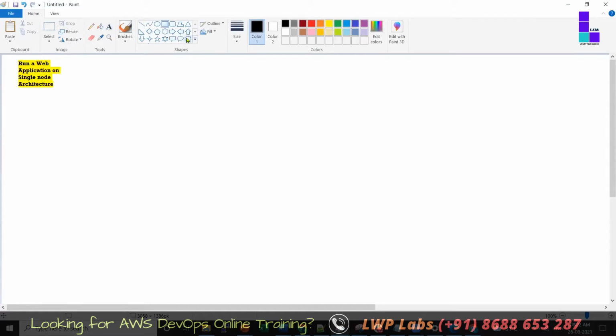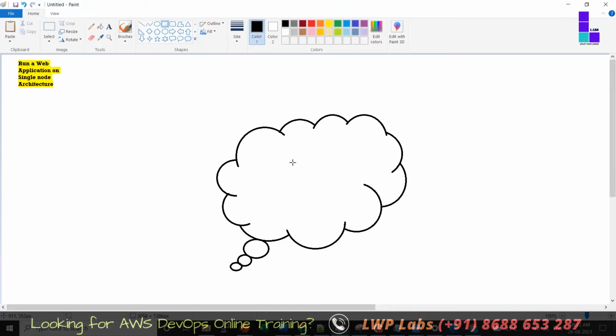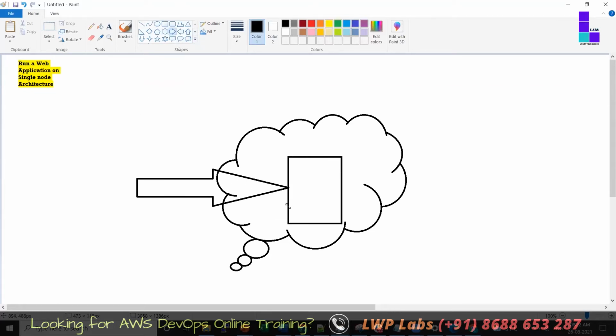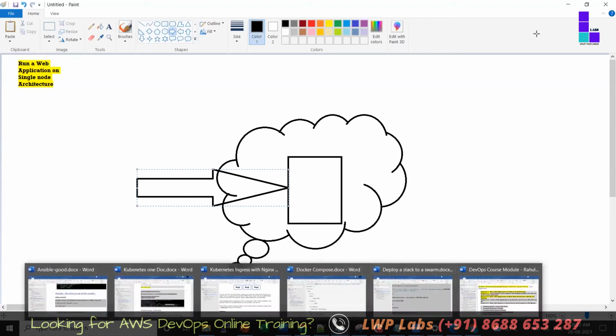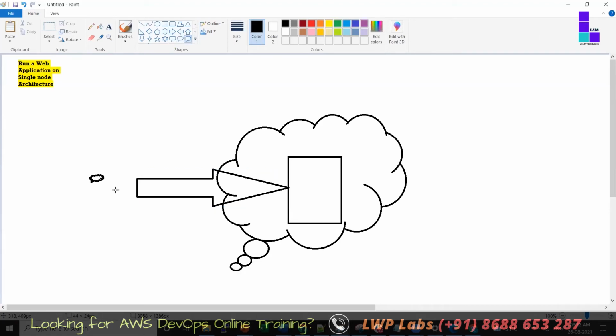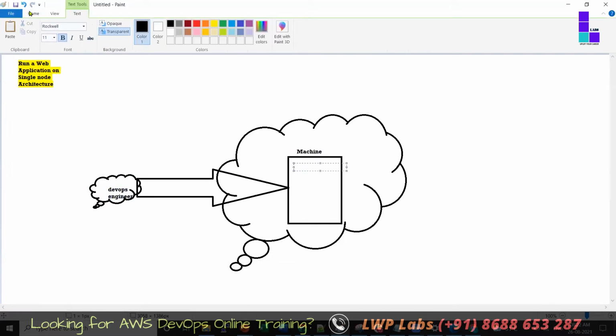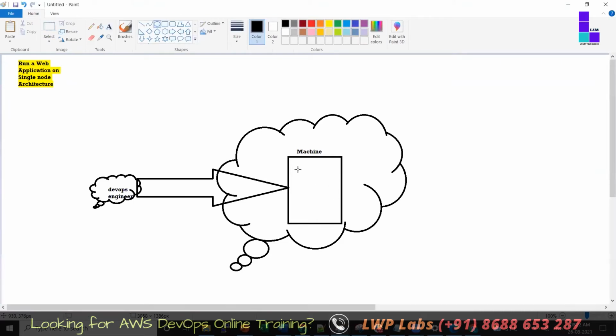Okay, so we have anyway created our virtual private cloud. Inside that we have to create one server, and in that server we will log in from our home, from this laptop. We will log in here. This is the VPC. Okay, we will log into this machine, and in this machine we will install a few things. We will install something called a web server. We'll try to understand now.